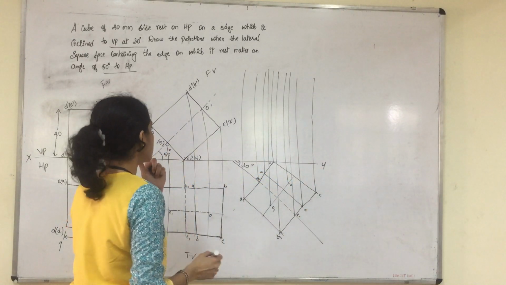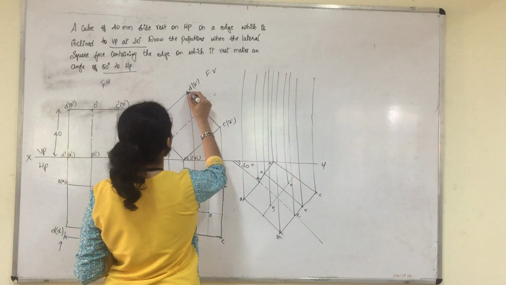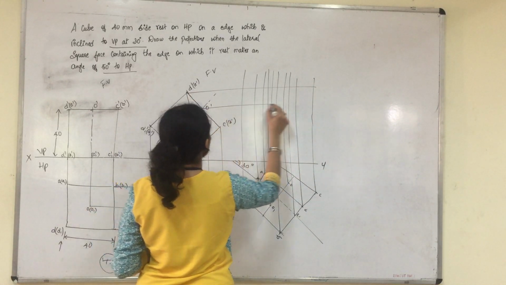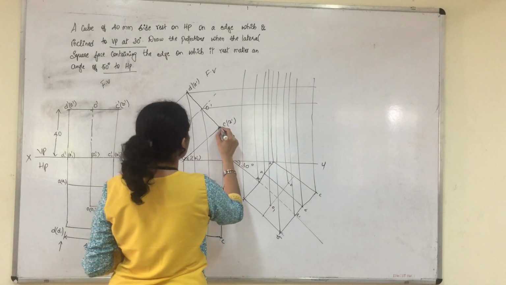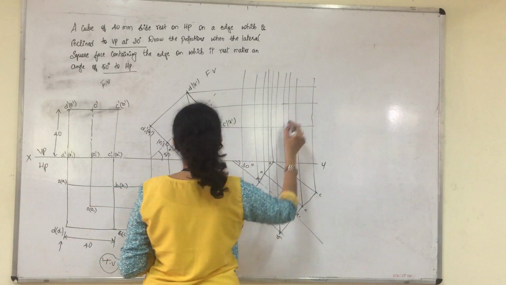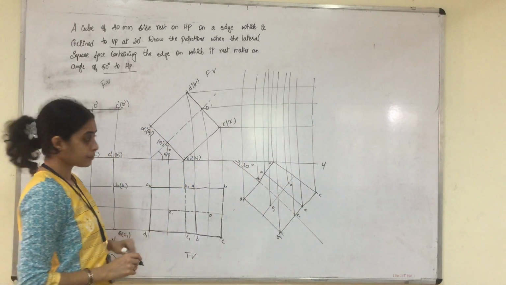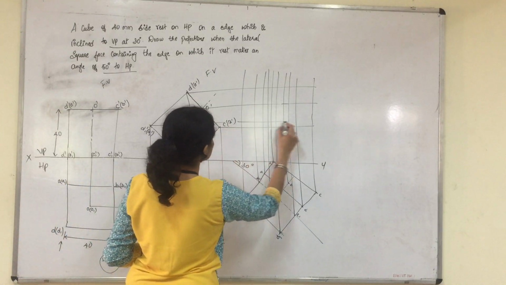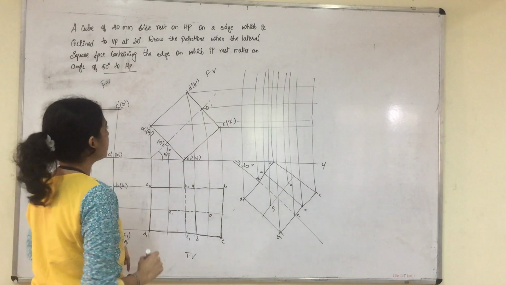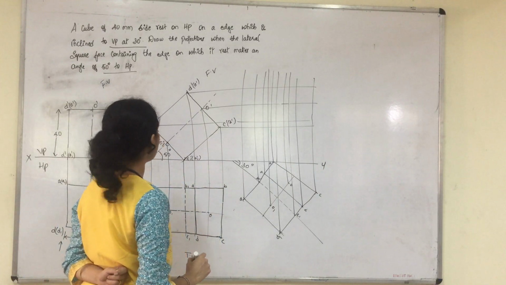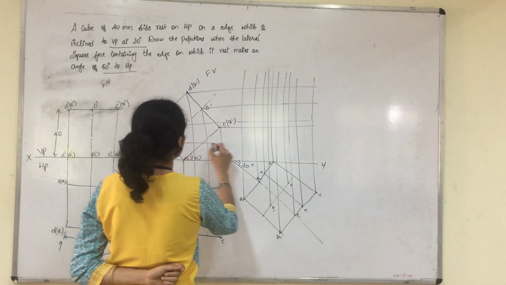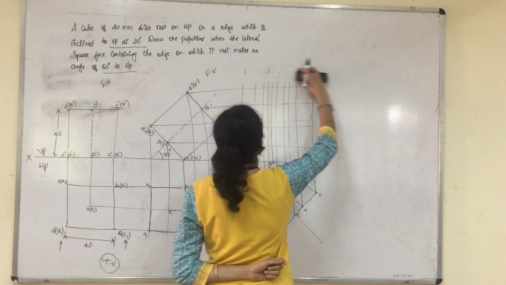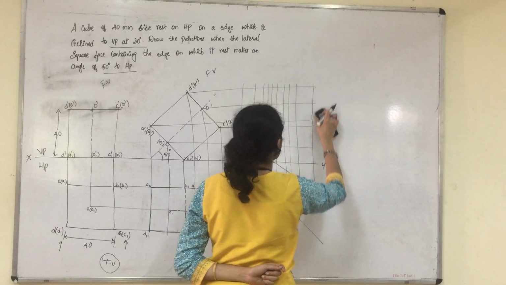And later, please take the projection from the front view also. Take the projection from D dash, A dash, take the projection from O dash, take the projection from C dash and B dash, right? And also take the projection from D dash and A dash, D1 dash and A1 dash, and also take the projection from O1 dash. After extending the projection, kindly erase the extra lines.